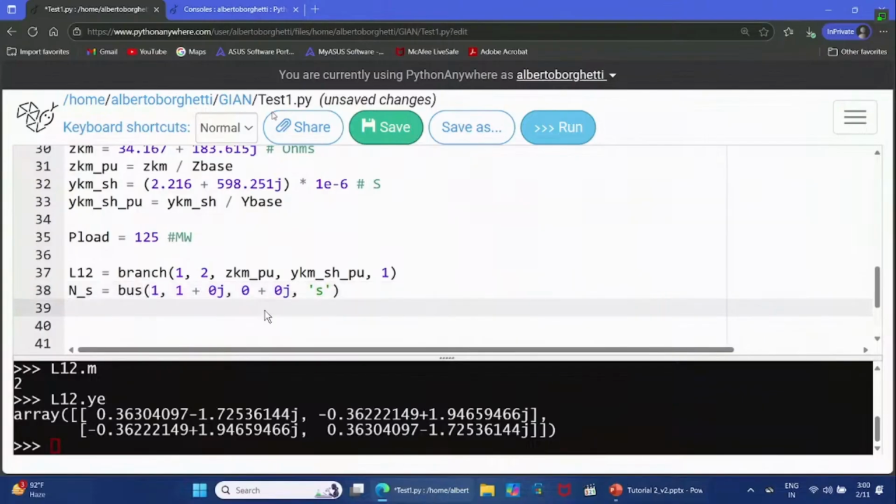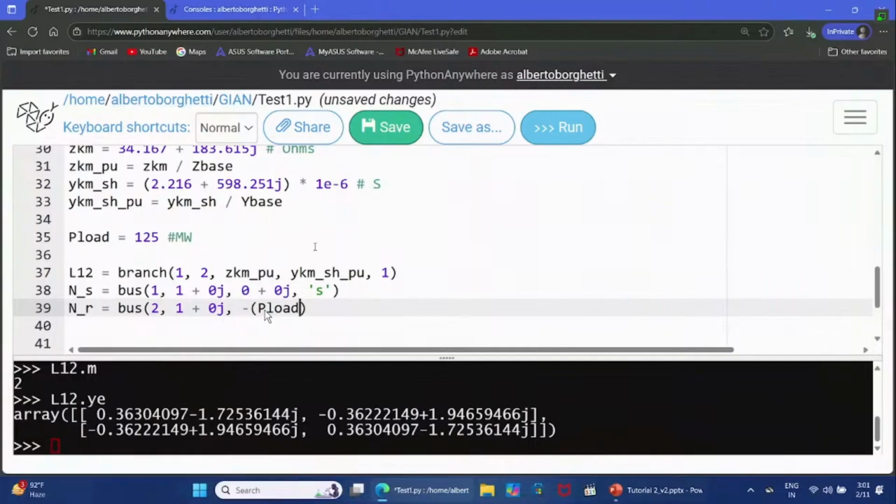And then N underscore R, hopefully the bus is working, and this time it is different because the bus is bus 2. The value of the voltage this time needs to be kept, so this is the correct value of the voltage at the receiving bus, and also we put here the load,